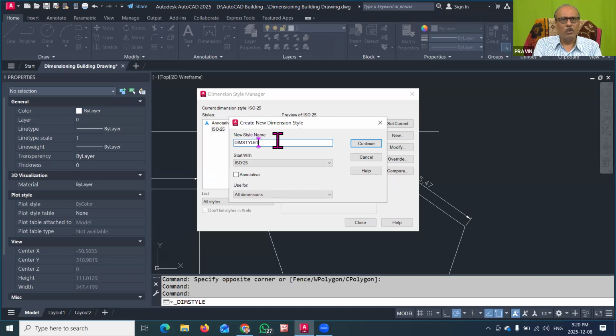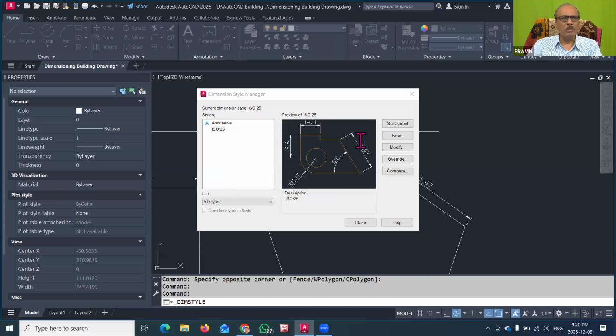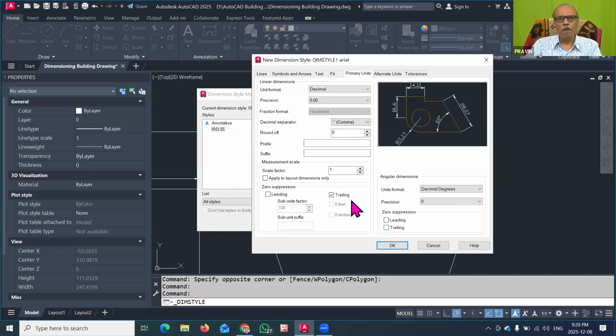And for remembering, you can also write down the name of the font, Arial. So this is the dimension style that I have created using the Arial font, and it is for buildings. So that you have to remember. I will continue with the dimension style. You can give this name as you properly know. Now in this New Dimension Style dialog box, there are various tabs. We will understand these tabs in detail in the upcoming lectures, but today in the session, we will talk about creating a new dimension style.